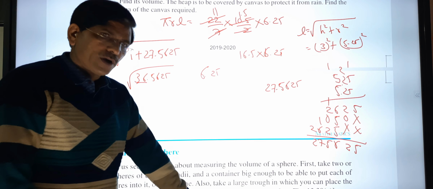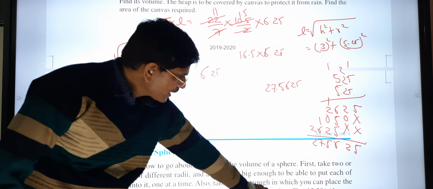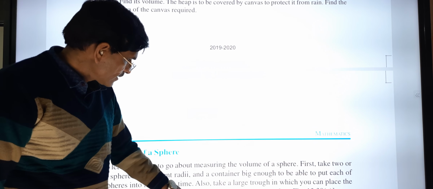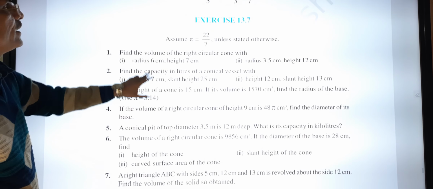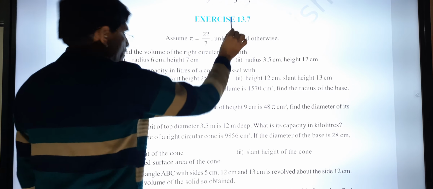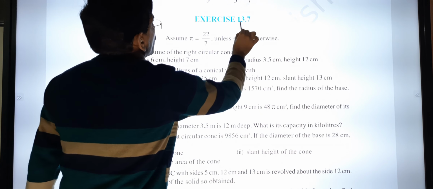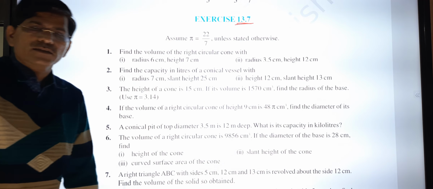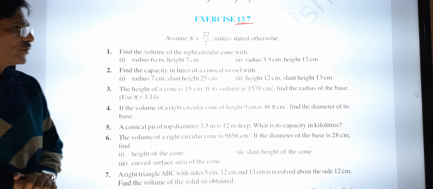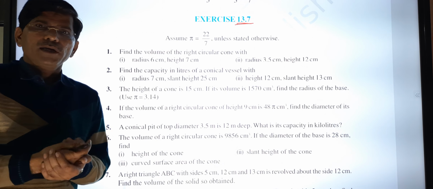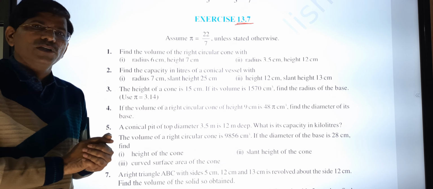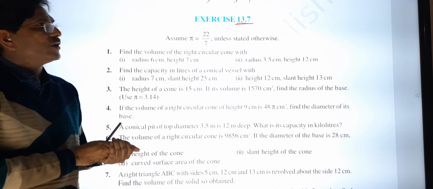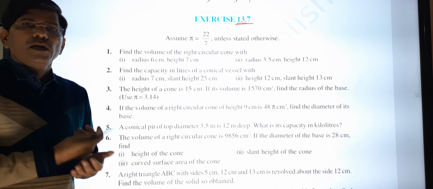So in your textbook, you have to complete this exercise, that is 13.7. In 13.7 we have completed mostly old sums in class, but whatever you see in the video lecture, you have to write the main points, and then you have to upload these main points in the application.